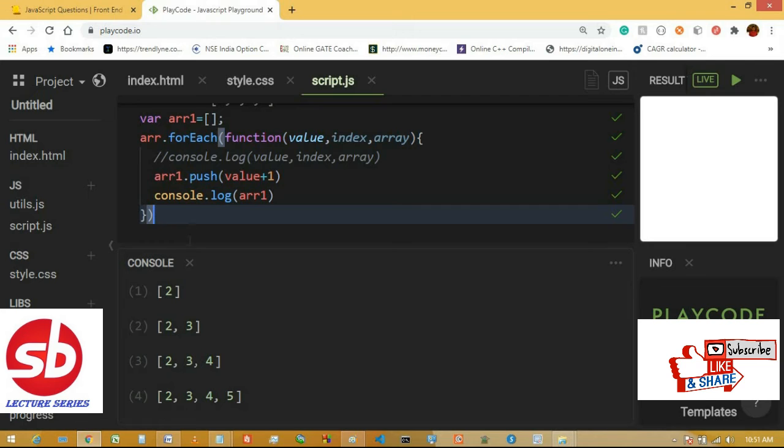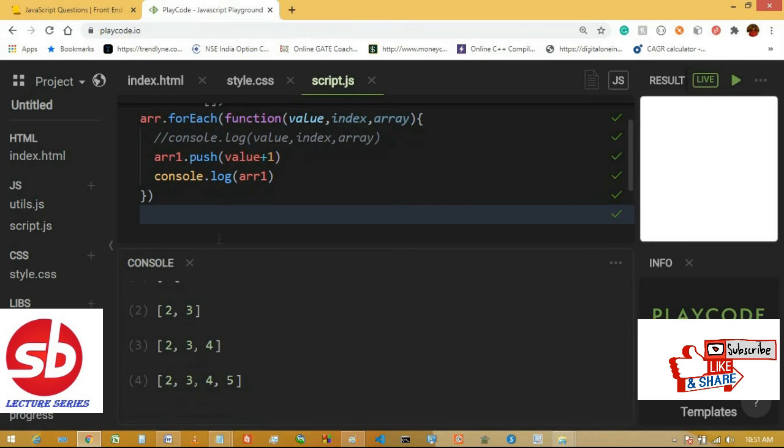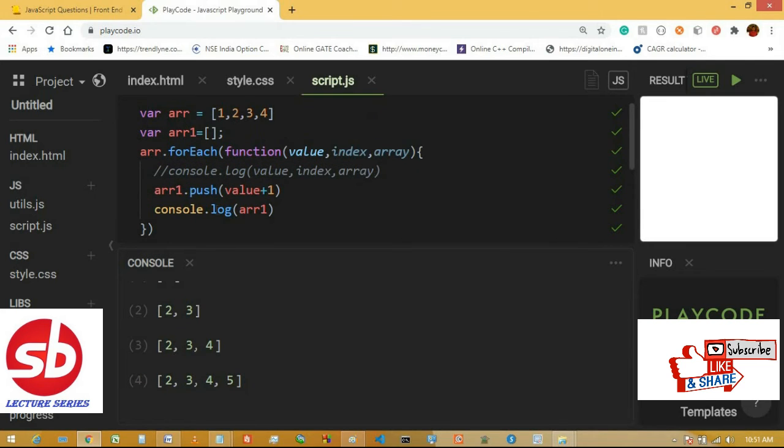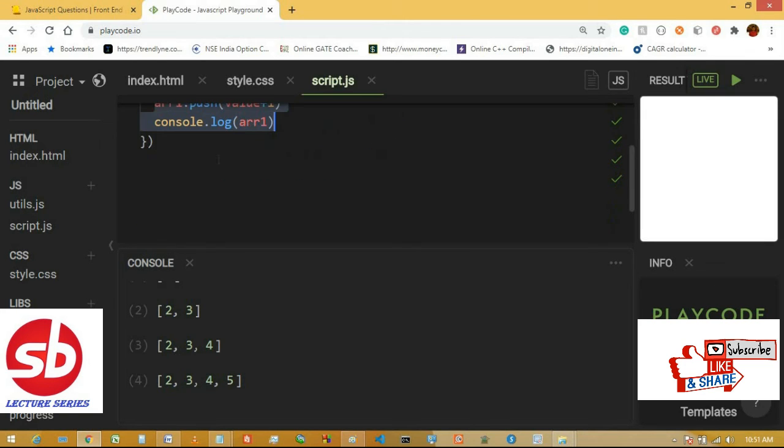So next is the map function. For the map function, if we perform the same operation, that means we want to add 1 to every element, or multiply every element of the array by 2, we do not need to perform this type of functionality manually.